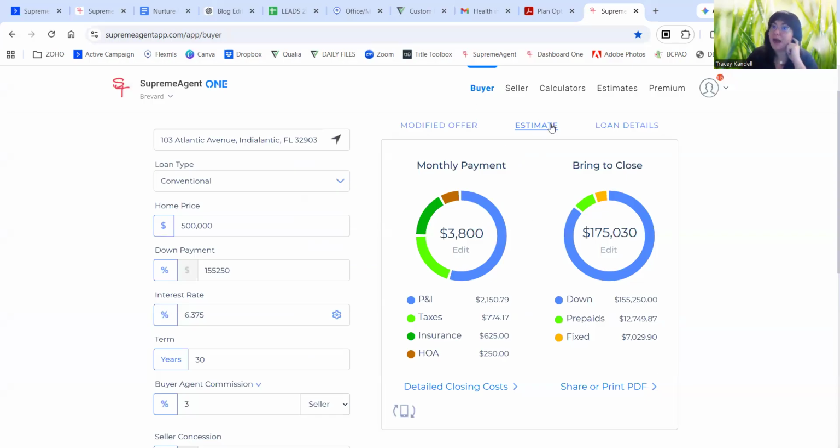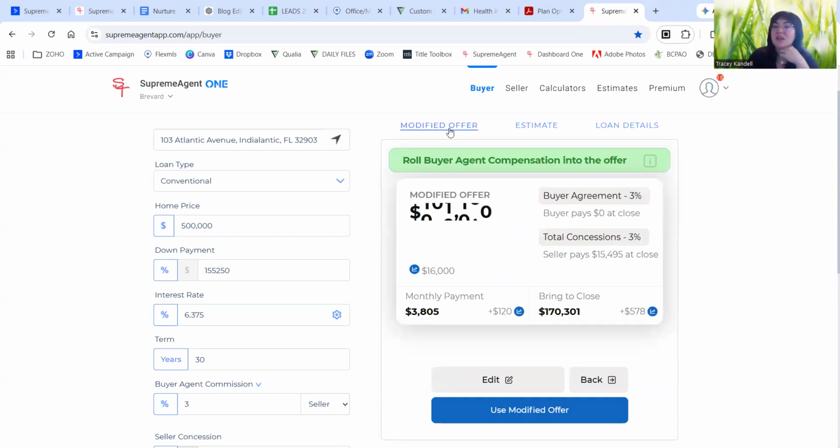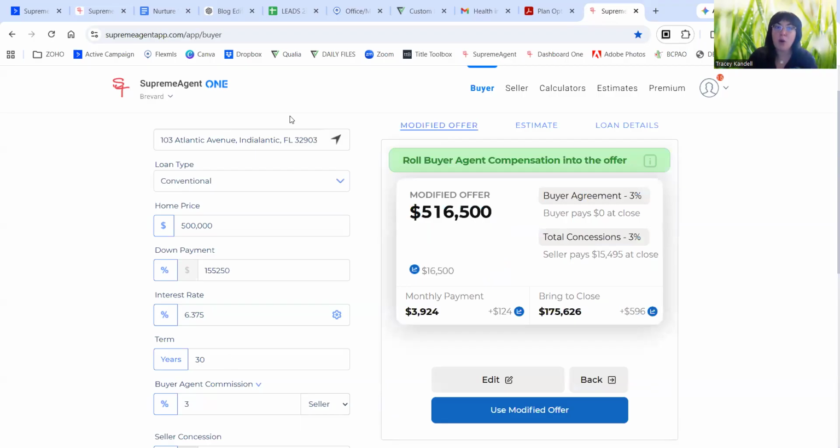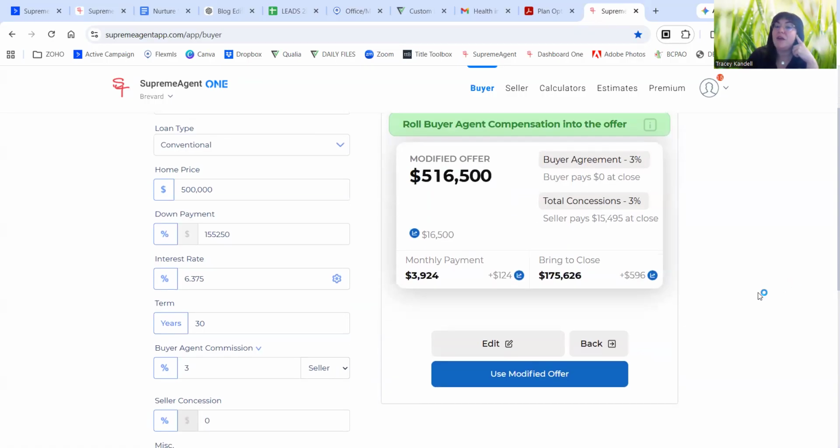Now at the top, we have our estimate, and if we were on our phone, we would just swipe to the right or swipe to the left. So if we swipe to the left, we see we have a modified offer tool. So this is just kind of different options that you can present to the buyer. You can use this modified offer. It's taking what we put in over here and making small adjustments that might be beneficial to getting the offer accepted or making it work for the buyer a little bit better, what have you. You can always make adjustments to this. You don't have to use it. You can edit it and then you can add different options alongside it